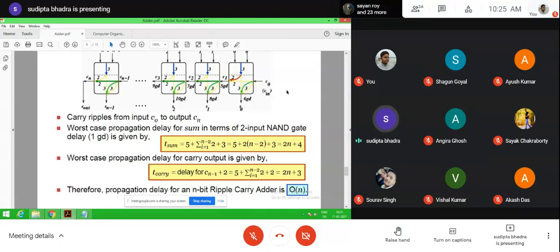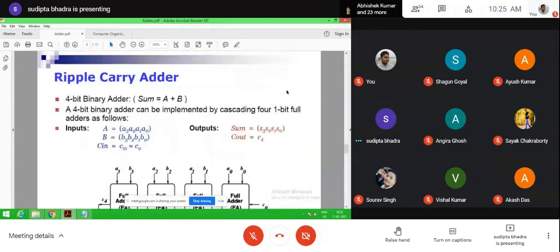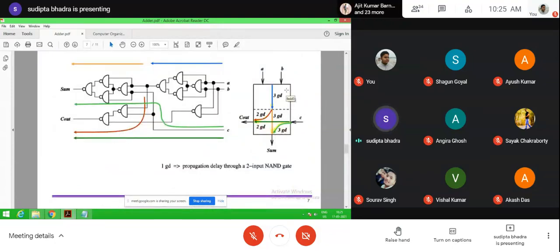Now from the previous diagram, let us see how we are saying 5 gate delay for C out and 6 gate delay for sum. Here you see A and B are inputs for this NAND gate implementation of XOR.